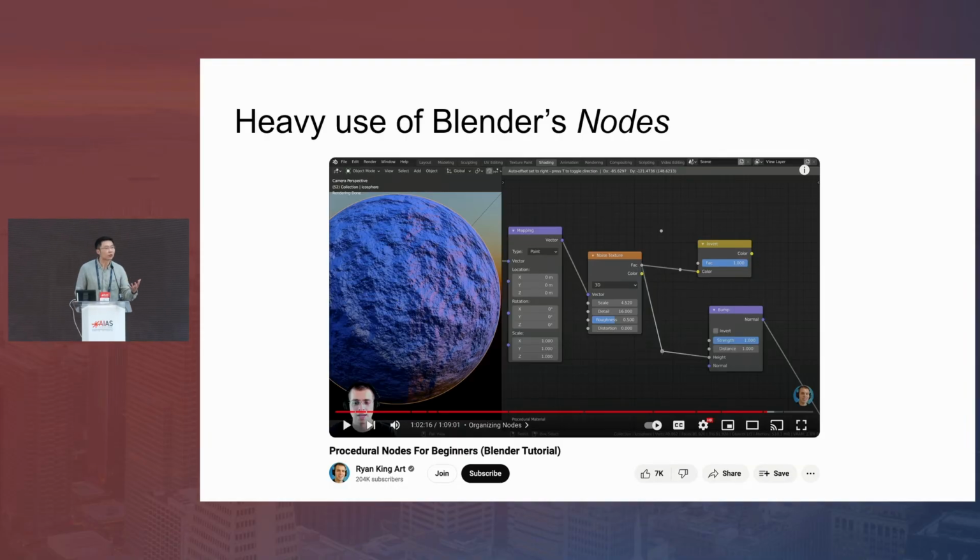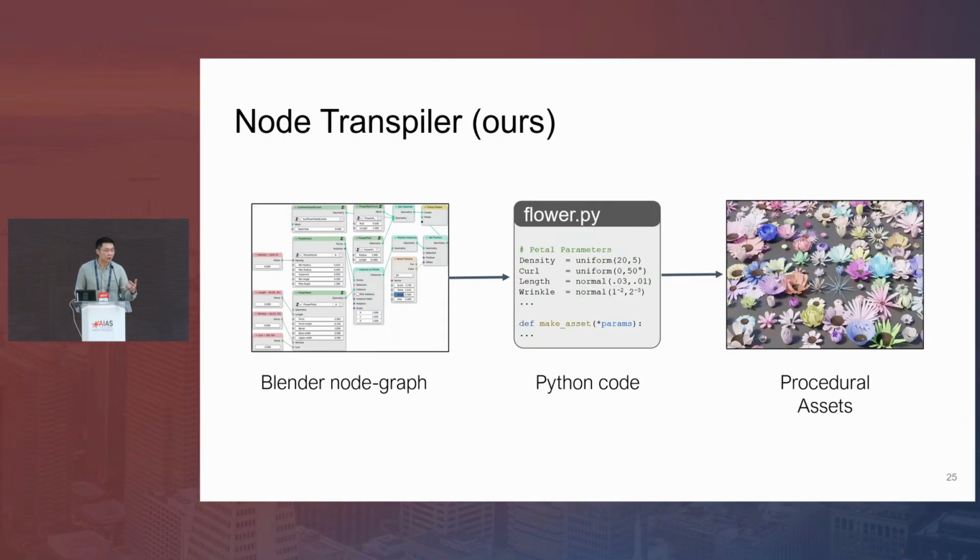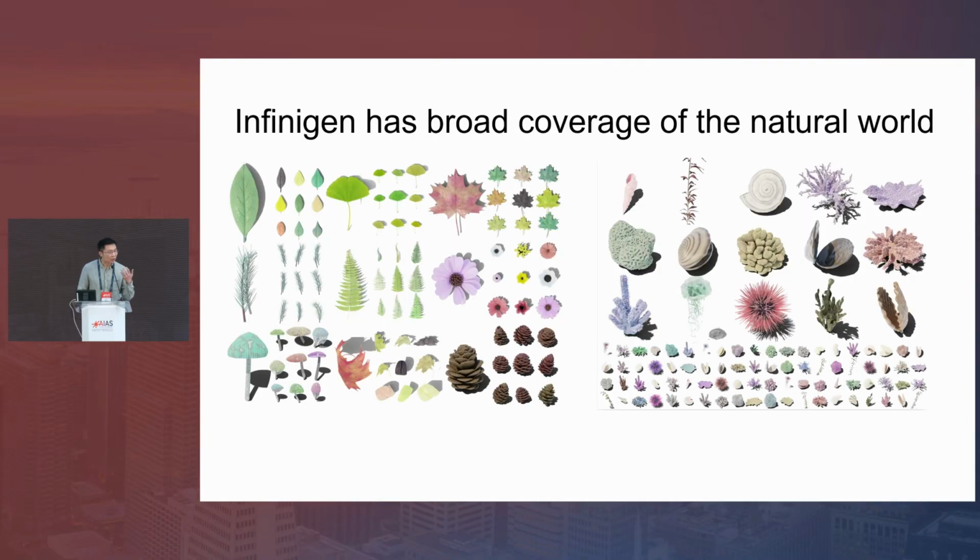So it's like PyTorch in neural networks, where you can compose mathematical modules to specify neural network architecture. But here you are specifying mathematical functions for shapes and materials and scene arrangement. So here we introduced a transpiler that can turn any such compute graph into Python code that allows more flexibility. In InfiniGen, we have broad coverage of many things,